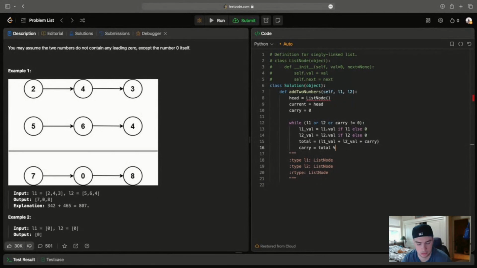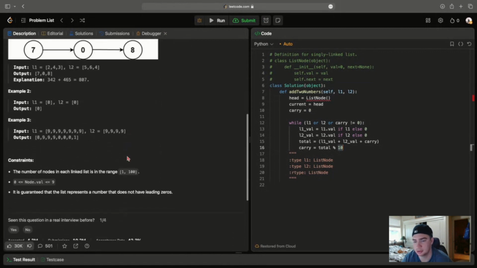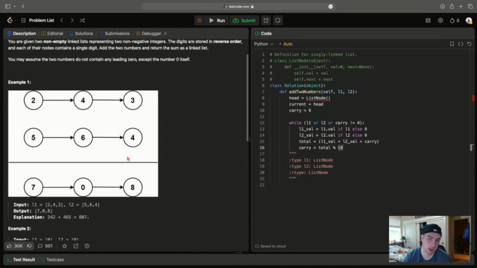modulo 10. So essentially, for 6 and 4, 10 modulo 10 is going to be 0. If it was 16, it's going to be 6. And then it's going to be our